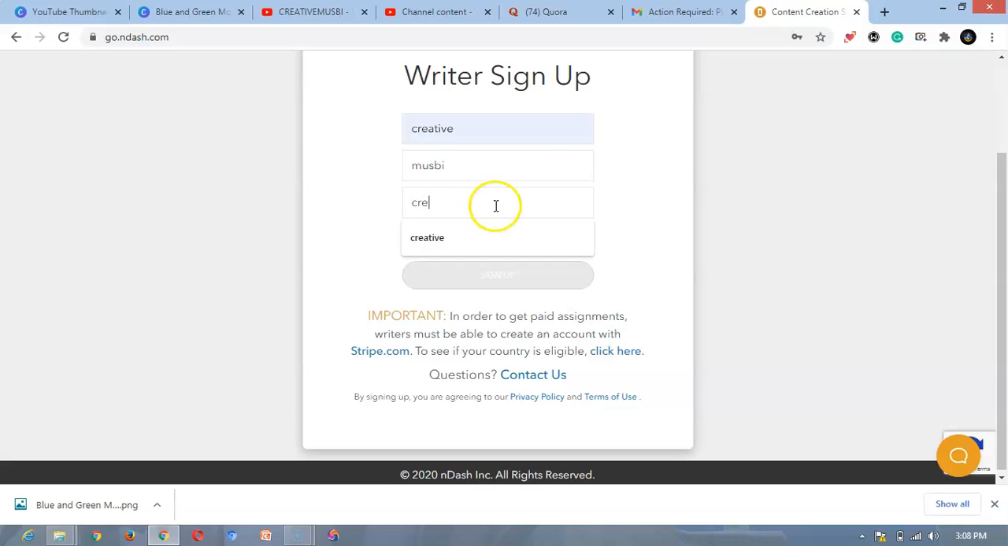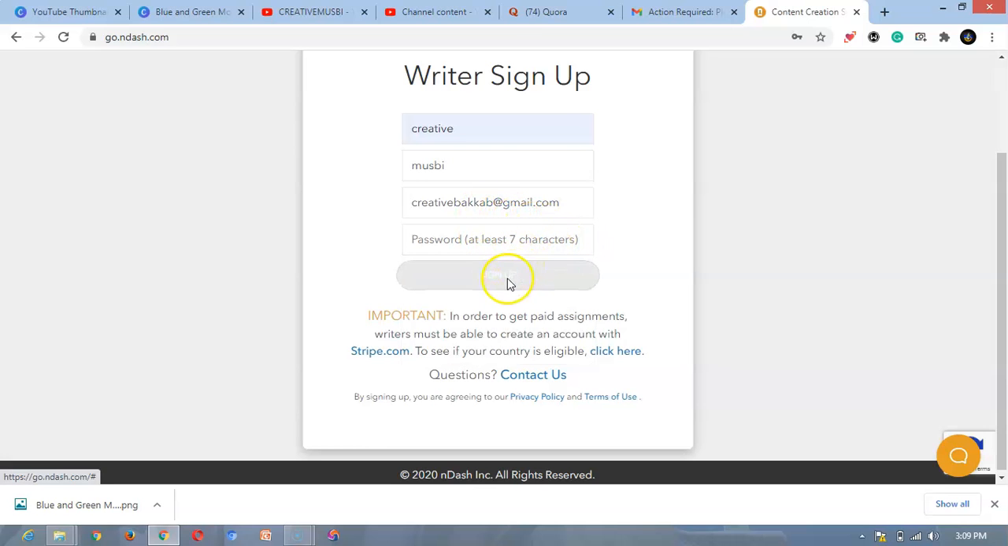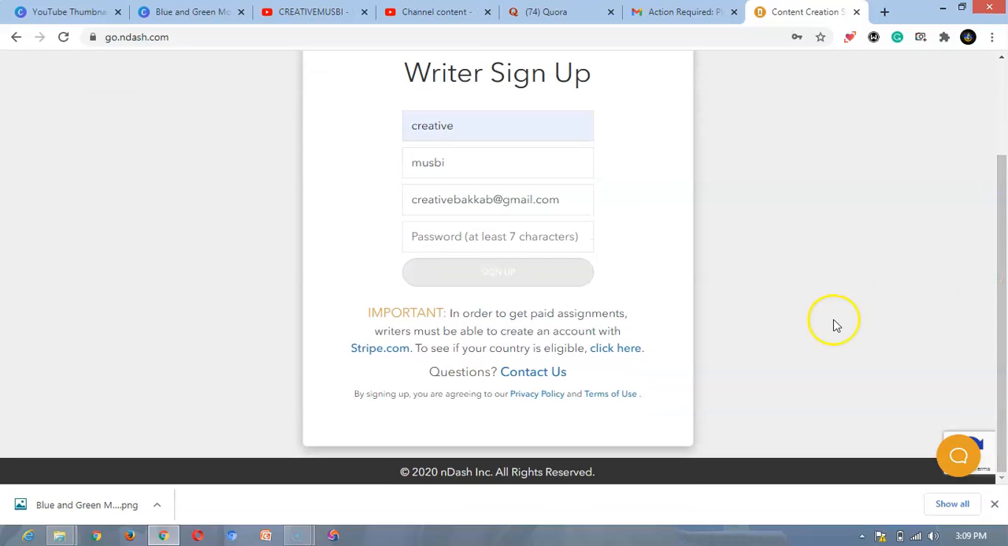then your email here. Once you put everything there, then you put your desired password in here. Once you click everything and make sure everything is perfect, then you click on sign up. After clicking on sign up, a link will be sent to your email to confirm, and once you confirm the link, you'll be redirected to